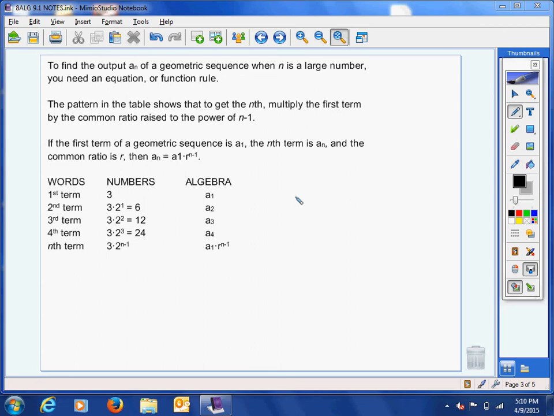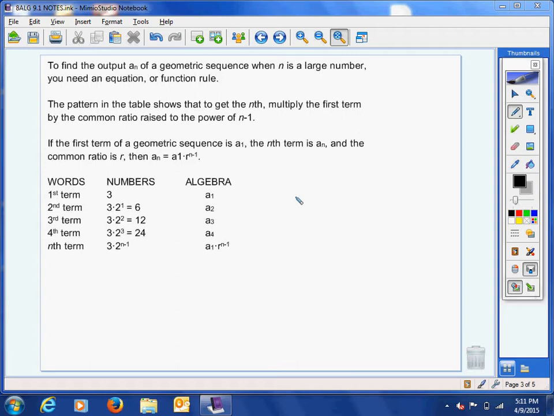We are getting ready to jump into example 2. We're still in section 9.1. We just learned how to find that common ratio in a geometric sequence and then extend the sequence. So we're doing really, really well. Now what I want to teach you is how to actually find any term you want in any geometric